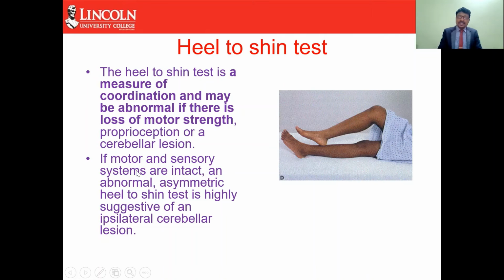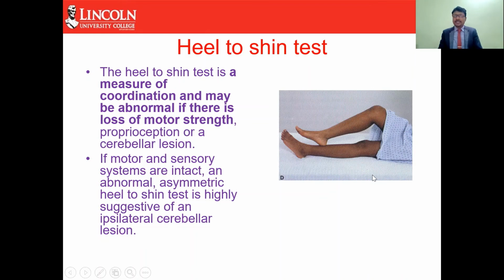If the motor and sensory systems are intact and there is an abnormal asymmetric heel-to-shin test, it is suggestive of ipsilateral cerebellar damage. If the motor and sensory functions are normal but the person is unable to perform the test,